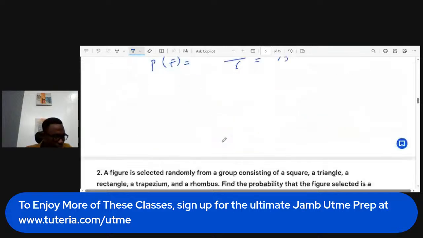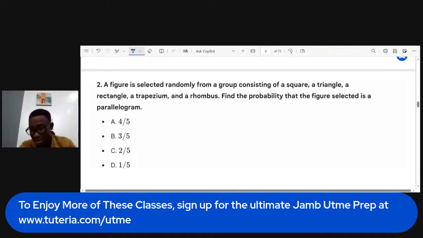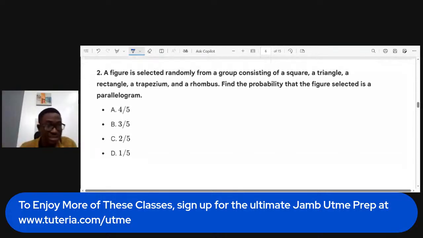All right, second question is the same thing, and like I said earlier on, if you don't understand English, it will be very difficult for you to solve mathematics questions. Most of the probability questions you'll be given in your JAMB will be word problem based. They won't just give you a straight question saying P of E equals 2 over 3, what's it? No, most of it will be word problem based. A word problem is just in sentences. You be the one to interpret it and solve the question.